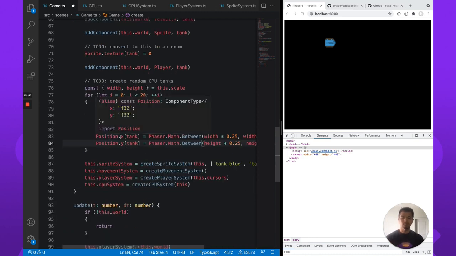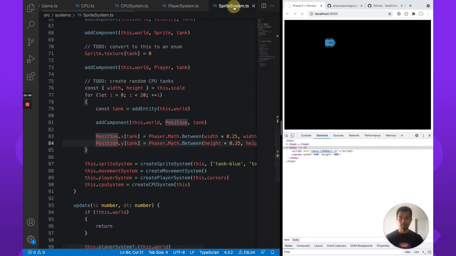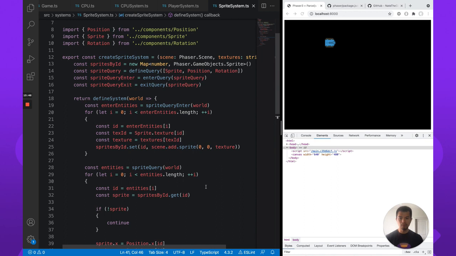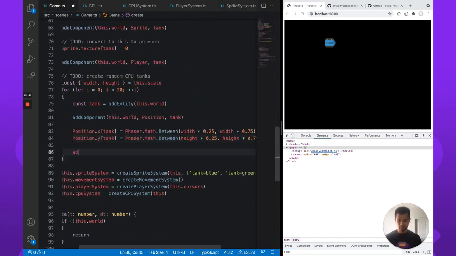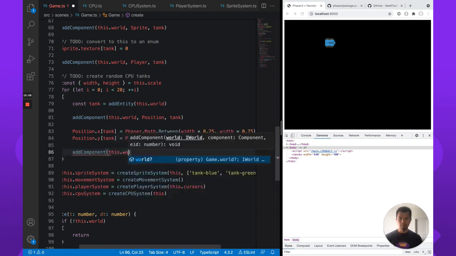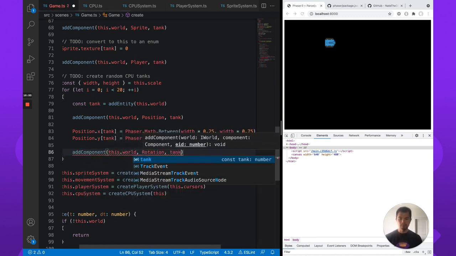We have position, because in our rendering, let's go to our sprite system. We need sprite position rotation. So we need all those things to be rendered. So let's go to game. Let's give our tank at least a rotation: this.world rotation tank,